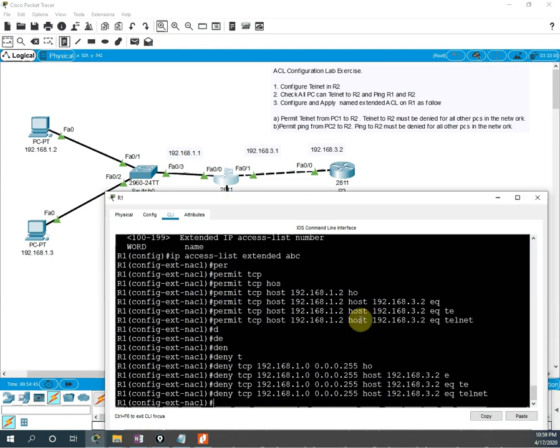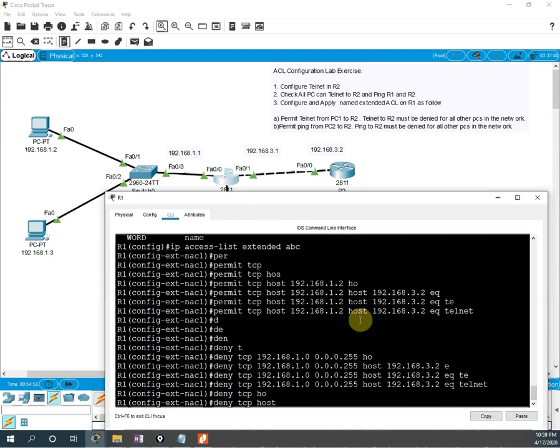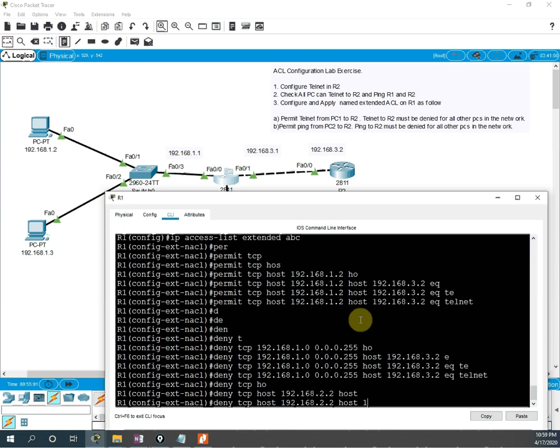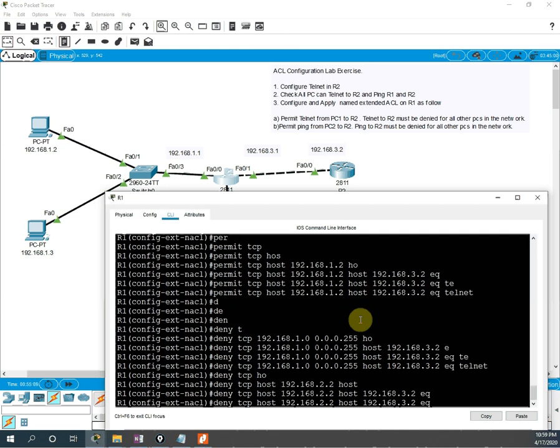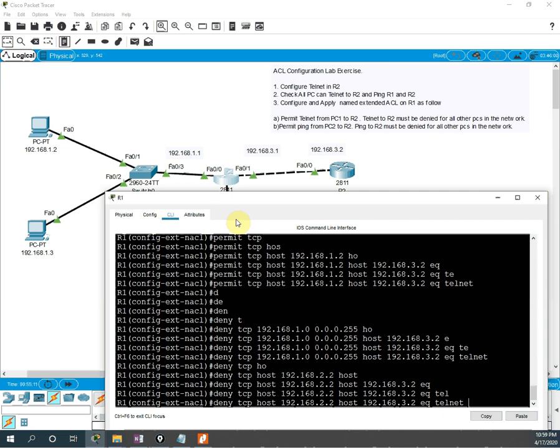We will write deny tcp, then before the IP address of the computer we need to write host, then the IP address 192.168.2.2, then host again and the IP address of the router, 192.168.3.2, then eq telnet. Check here, what is the IP address here?